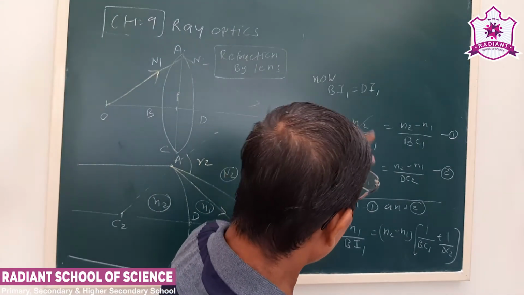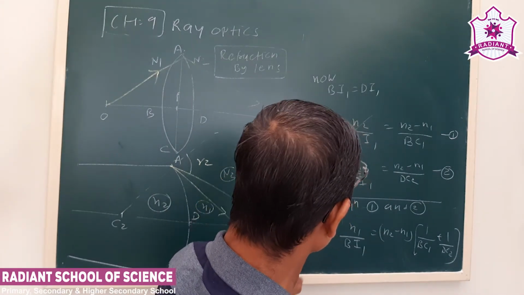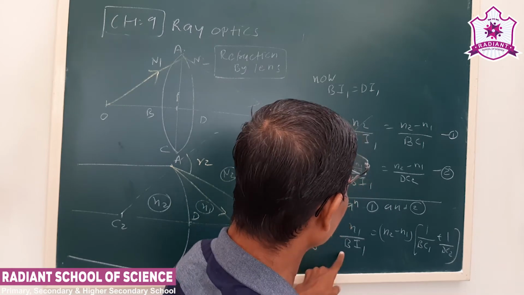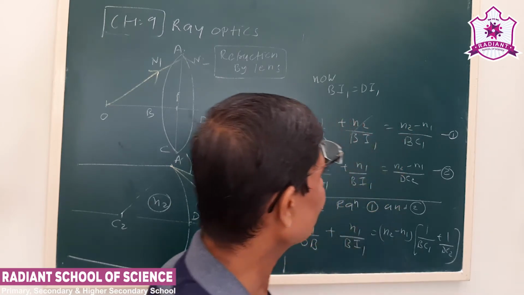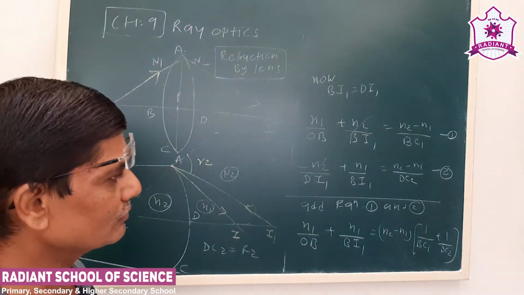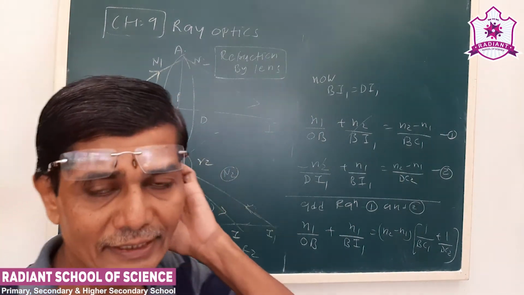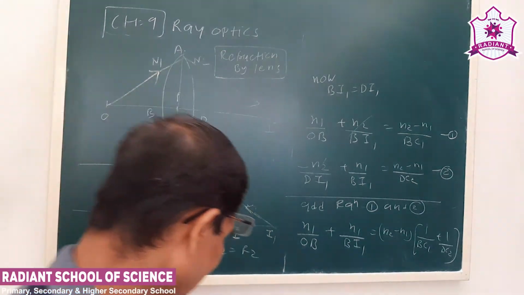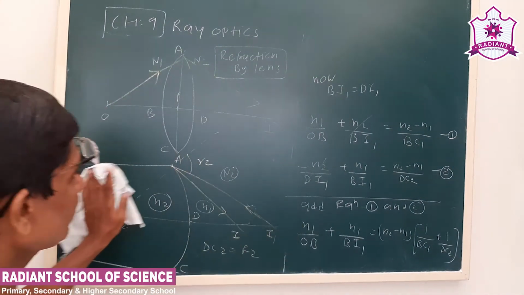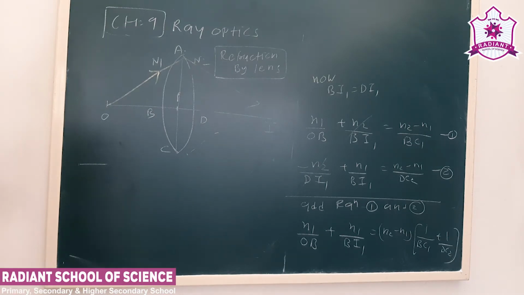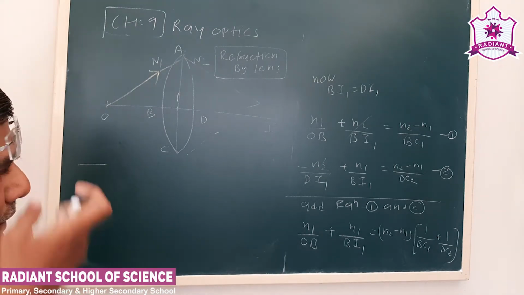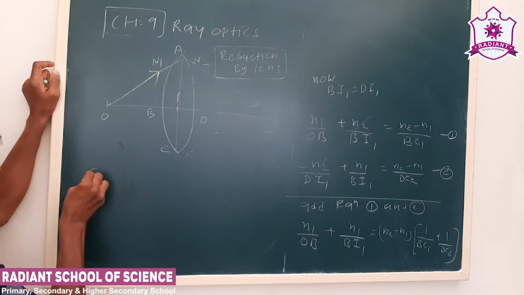Okay, so finally n1 upon OB plus n1 upon BI1, n2 minus n1, common we have taken, 1 upon BC1 plus 1 upon DC2. So this is how we can add the two equations taking place. Now see, we have to substitute the values. Now see, when the object is at infinite distance,